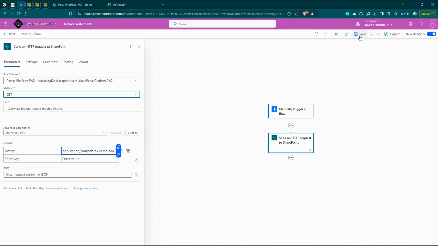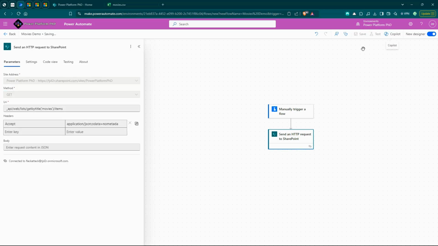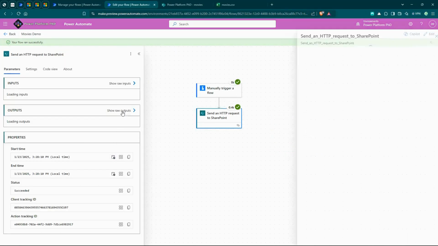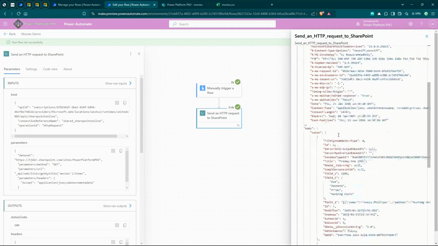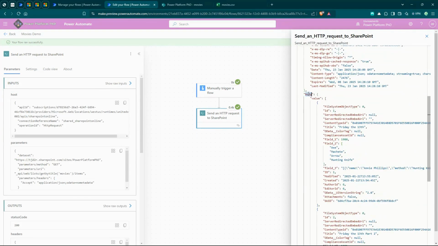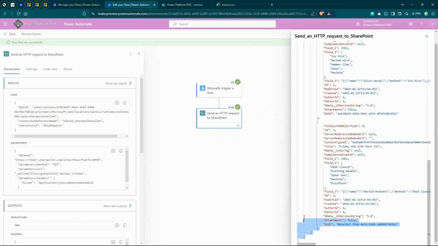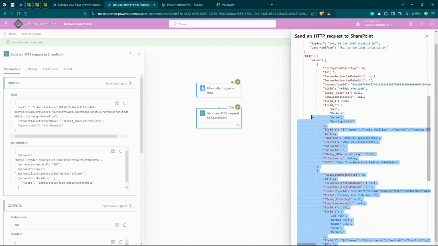Here, so I'm going to go ahead and save that. Okay, we've run, so let's see what we have here. Let's go ahead and click on show raw outputs, and you'll get a return of body and then a value key with an array of all the movies that we were trying to return. So for this, I'm going to go ahead and copy from the bottom of this array, let's get all three of these,